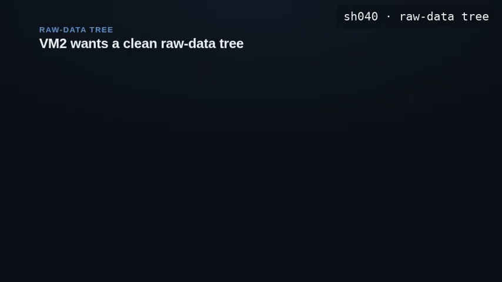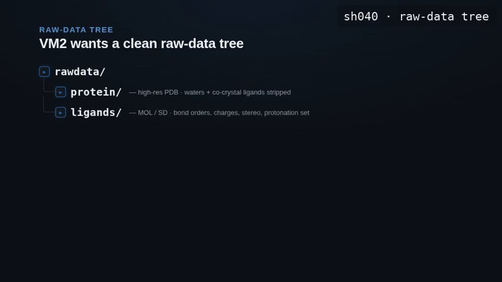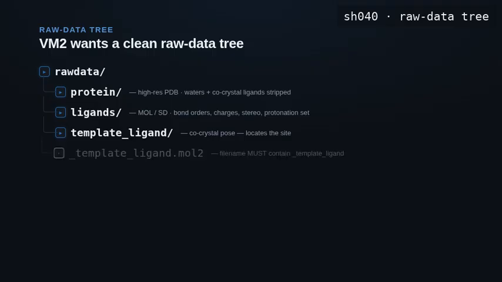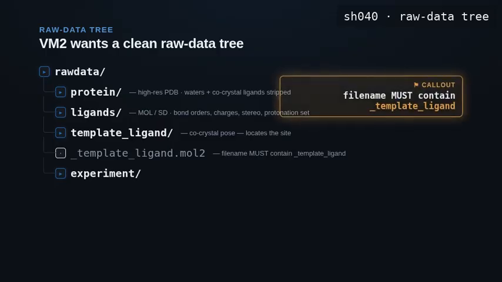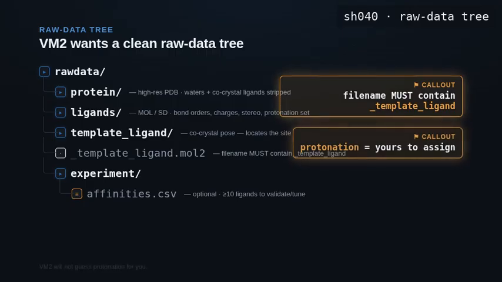VM2 wants a clean raw data tree, a high-resolution protein PDB with waters and co-crystal ligands stripped out. Your ligands as MOL or SD files, with correct bond orders, formal charges, stereochemistry, and protonation already assigned. A template ligand, the co-crystal pose, to locate the site. And optionally, an experimental data CSV, 10 ligands or more with empirical binding data, if you want to validate or